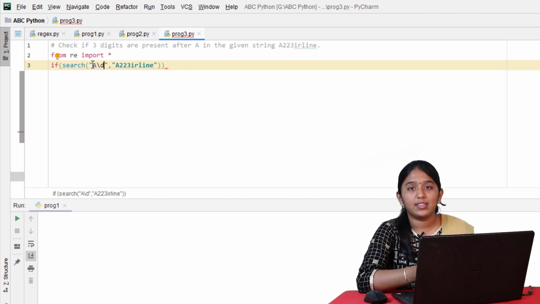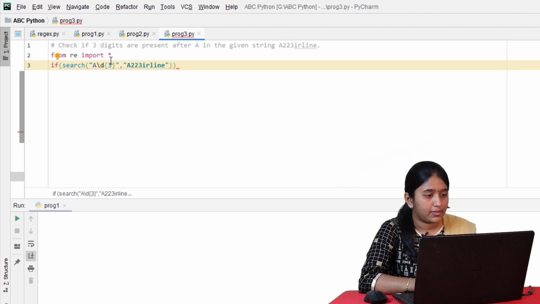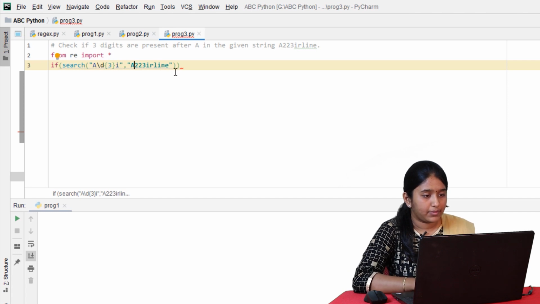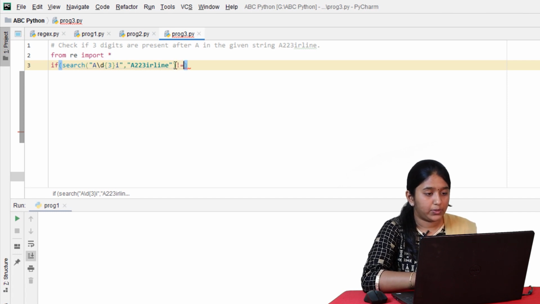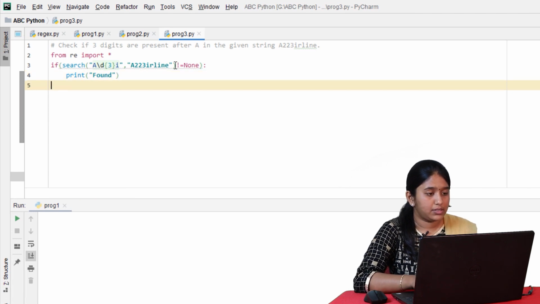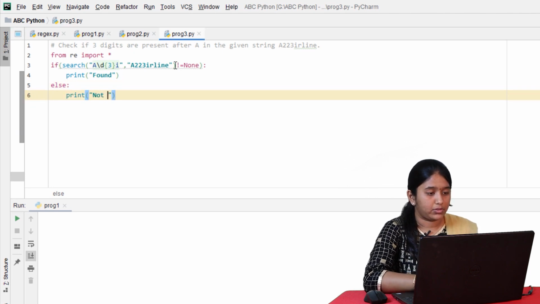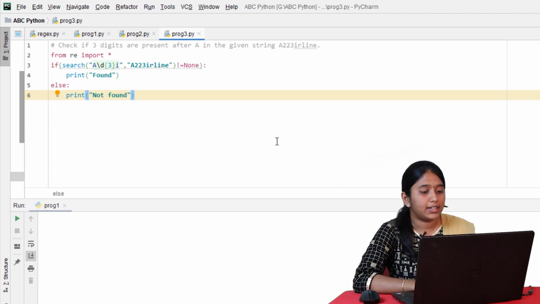Since we need to check whether there are 3 digits after A, let's give 3 inside curly braces followed by the next letter, which is I, not equal to none, print found, else print not found. Let's run and check this.